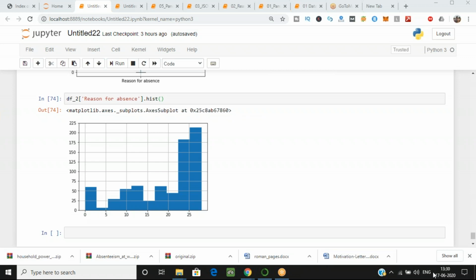Yes, no one is having an answer. No one knows that. Okay, then let it be your assignment question. Your tomorrow's assignment question first is the difference between the histogram and your bar graph, and you have to search also that when to use which one.